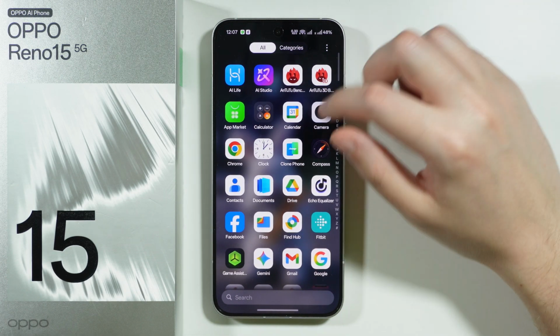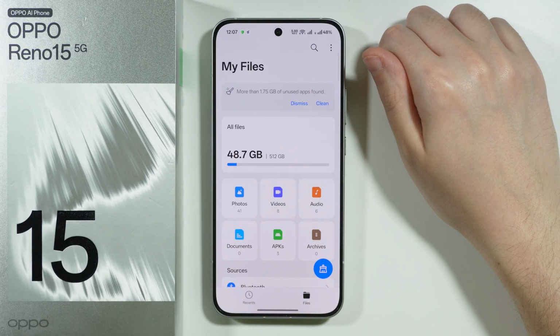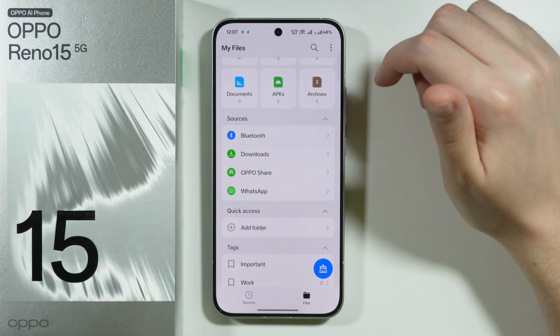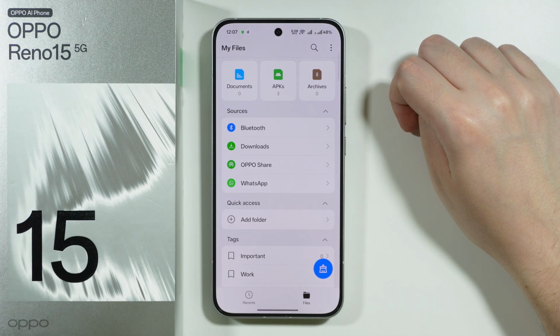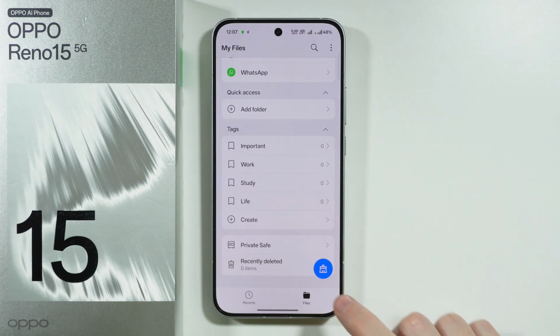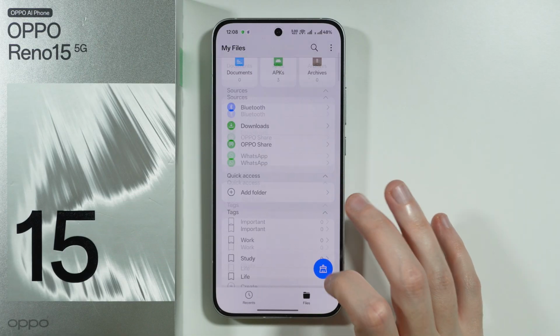So once you go to the app drawer, we can start by going to the My Files app, which is the file manager that we have on this phone, or actually one of them, because we have two in total by default. And if you open the My Files app, then at the bottom in the Files category, you can find Recently Deleted. So you should be able to find everything that you have removed in the last 30 days